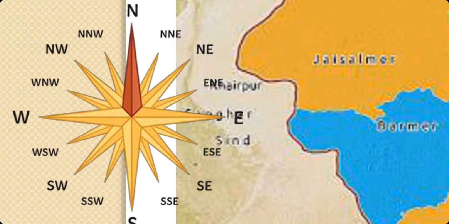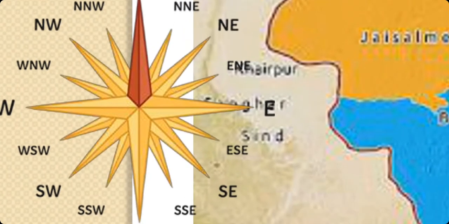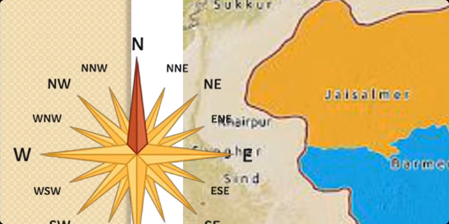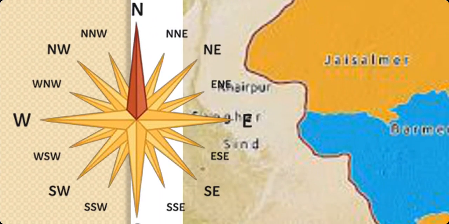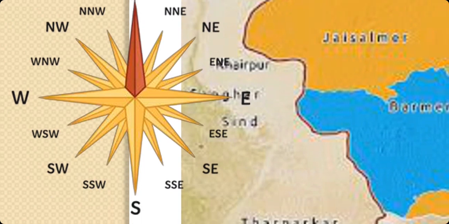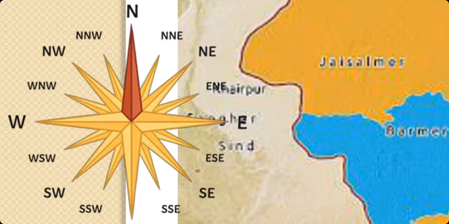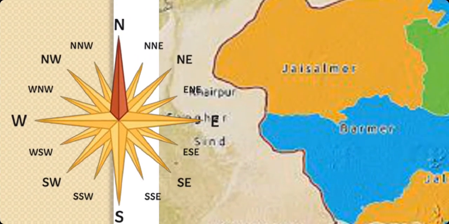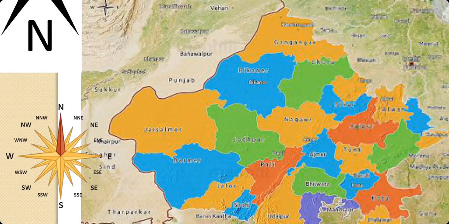Sometimes you see a compass rose which is more elaborate like this. Now this one is a 16-point compass rose. You also have the 8-point compass rose which shows the intermediate directions. There are 4 cardinal directions: north, east, west, and south, and you can have other directions at geometrical values between them.